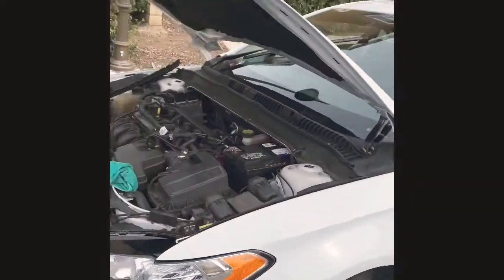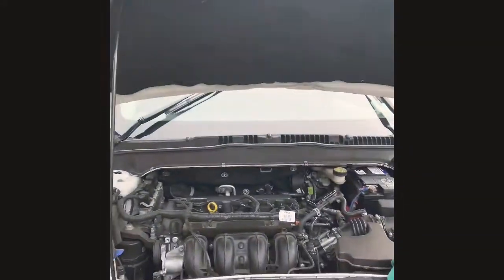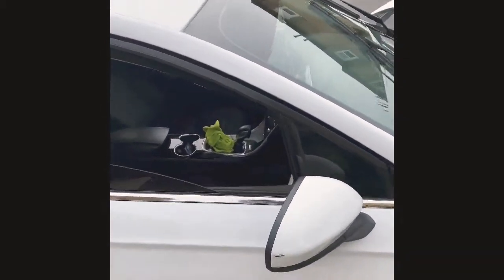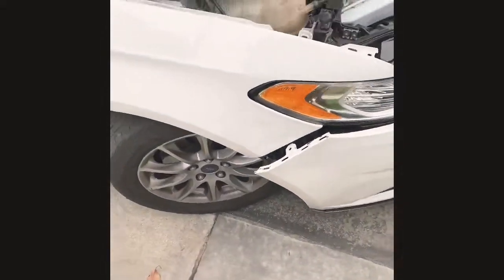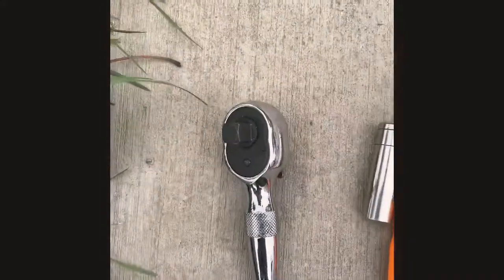All right, y'all, to make this simple, I'm doing blinkers. One blinker for a Ford Fusion 2016. Looking on YouTube and all that, I wasn't able to find really an accurate video on things I needed to do, so I'm going to show you guys step by step what I did, and hopefully it makes it easier for you guys. All the tools I used to take off the blinker: